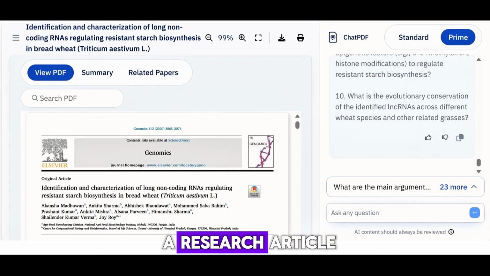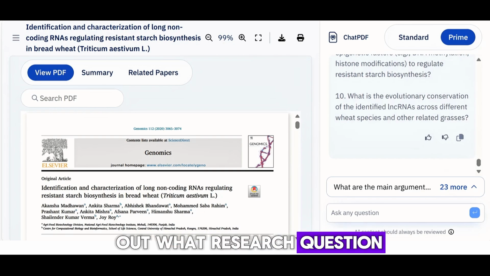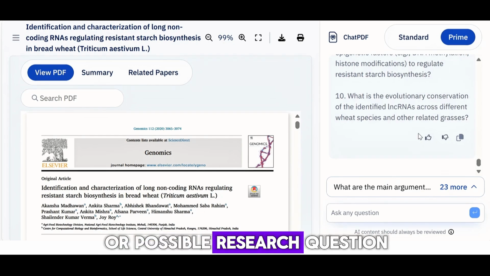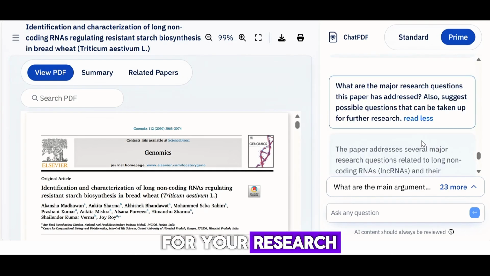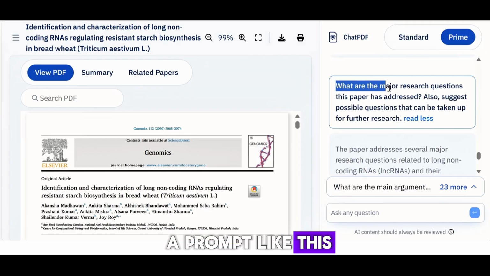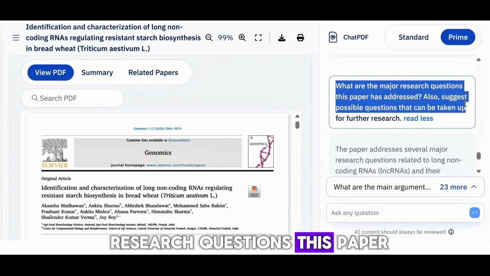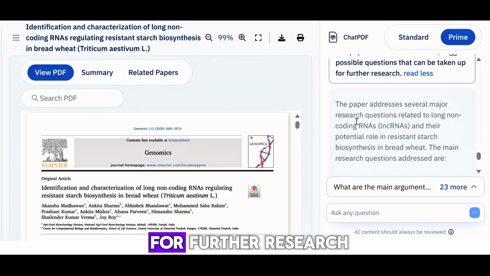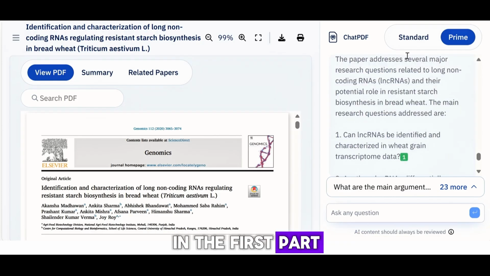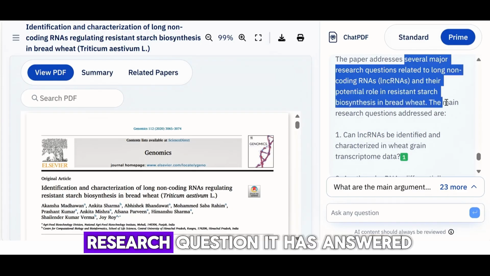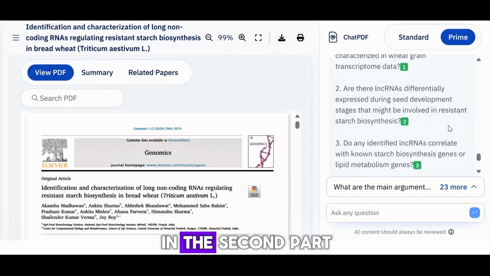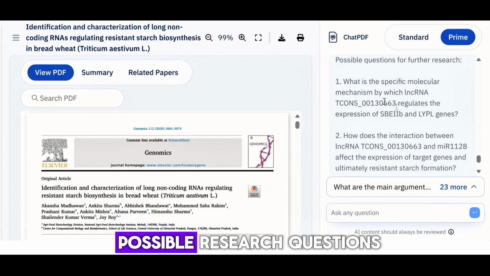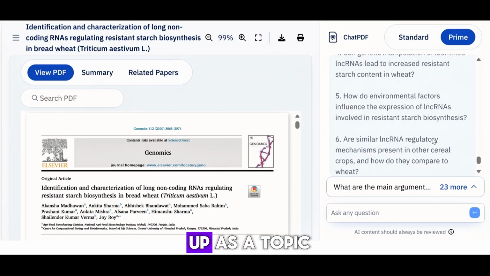If you are reading a research article and want to find out what research question it has answered, or possible research questions you can take up for your research, then you can write a prompt like this: What are the major research questions this paper has addressed? Also suggest possible questions that can be taken up for further research. In the first part of the response, you will find what research question it has answered. In the second part, you will find several possible research questions that can be taken up as a topic for